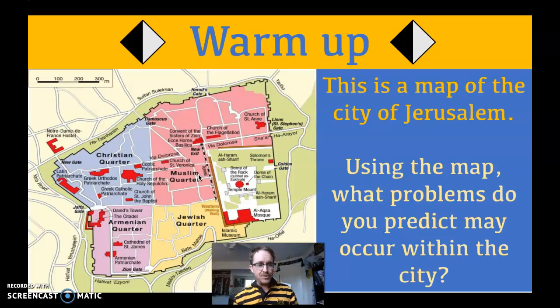Now, on Monday, you learned about the Vikings. The Vikings came down from the north and they started invading Europe. Then on Tuesday, you started looking at the invasions from the east, the Magyars and the Mongols invading Europe from the east. Now, today, we are going to look at some invasions coming up from the south. Specifically, if you're a Christian living in Europe, you feel that you are being invaded by these people, the Muslims.